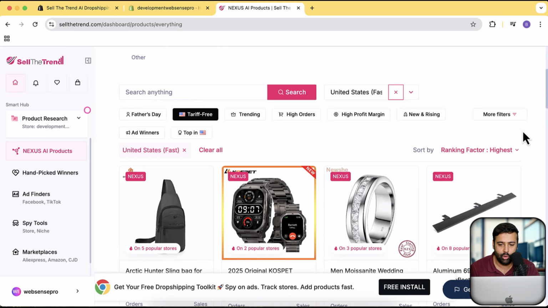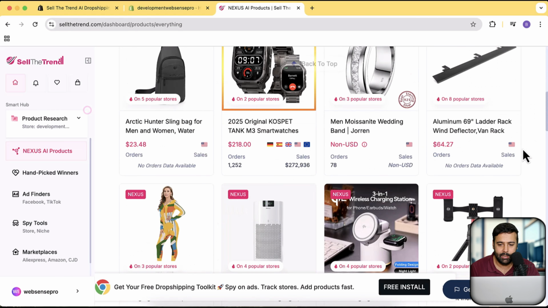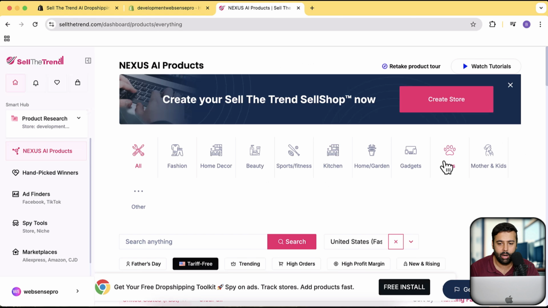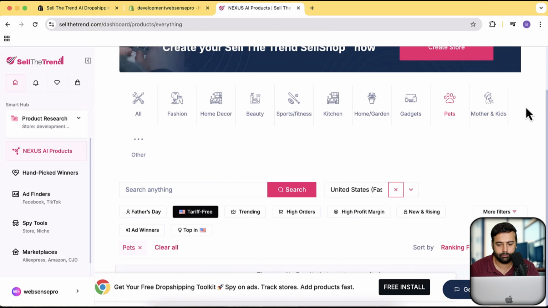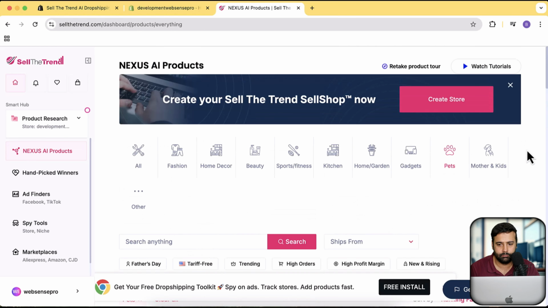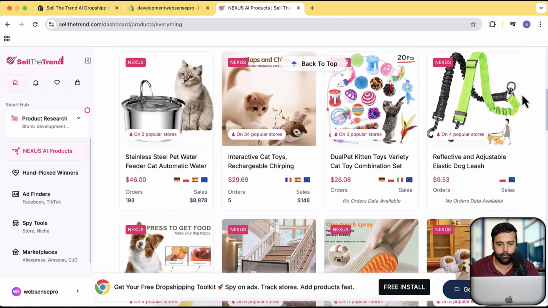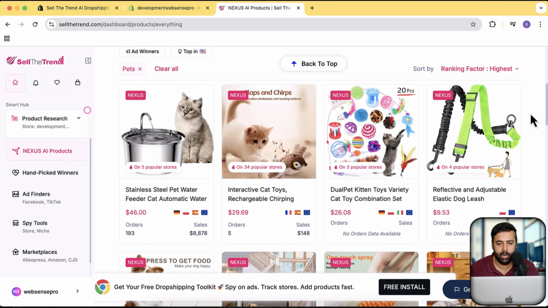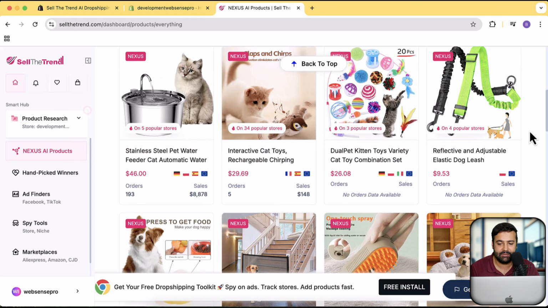And let's go to some other tabs here. Just like if you're researching a product in your niche and your niche is the pets category. So if I click on pets, it is going to list all of those products. Here you can see that we now have pets products showing up, and we can see the detailed stats on every single product,